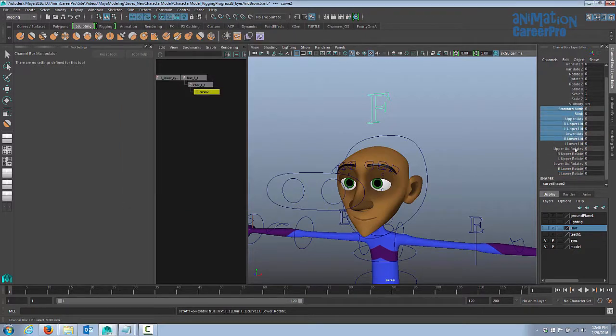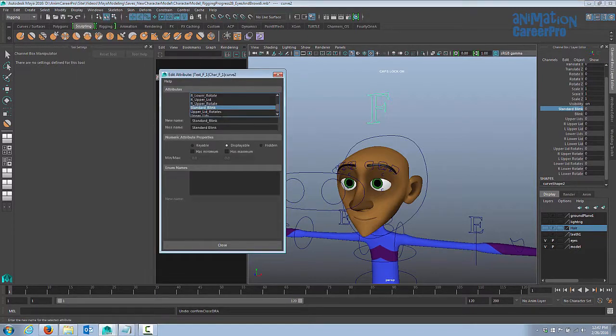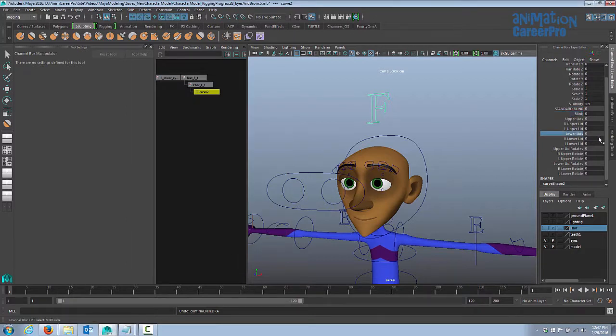I'm just looking at our list here, and our titles kind of blend in with our attributes. So let's actually see if we can capitalize these. So let's go to modify. Let's go to edit attribute, and we'll go to where it says standard blink, and let's just turn our caps on for a minute. Where it says new name, you can just adjust the name. I just decided to make them capitals just so that our titles stand out a little more, and you can see it updates. Alright, so we'll do the same thing where we have the grayed out attribute there. It's just a title. Okay, so there we go. Our titles are all in capitals. This is just purely aesthetics, totally not necessary, but it just looks nicer.